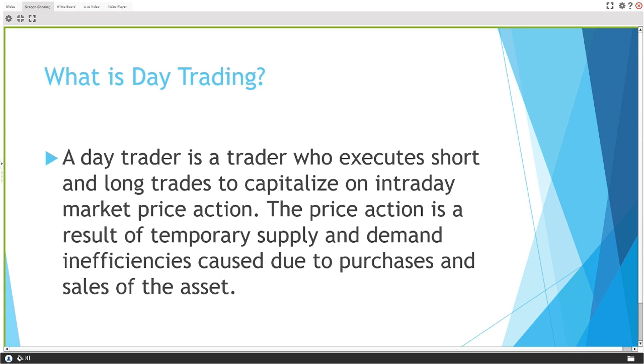Now, we see a lot of stocks move, right? We see a lot of stocks move from 9:30 in the morning till 4 o'clock. The hottest time is usually from 9 in the morning till about 11, sometimes up to 12. And then the second hottest time of the day is from 2 to 4.